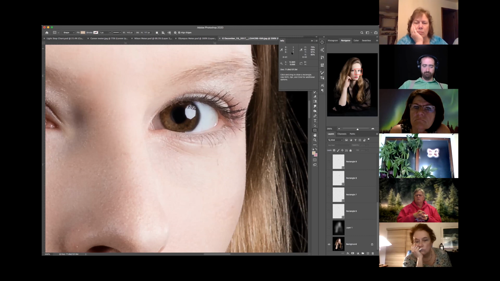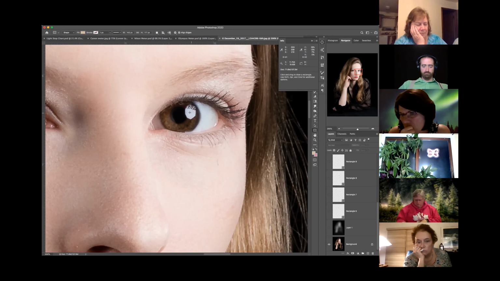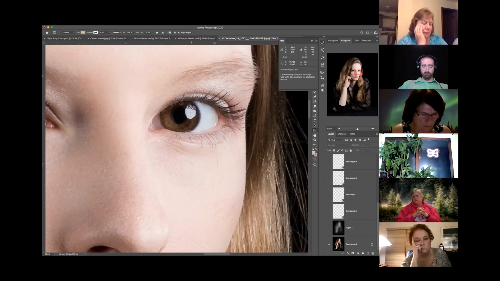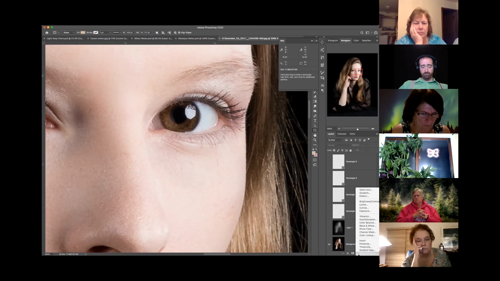On the RGB values, it's different in Photoshop than it is in Lightroom. Lightroom measures percentages. In Photoshop, we actually measure actual RGB values based on the 0 to 255 scale. So what I don't want to see is my specular highlight go above 230, 225, somewhere in that range. If I go above 225, you'll see that it will give me